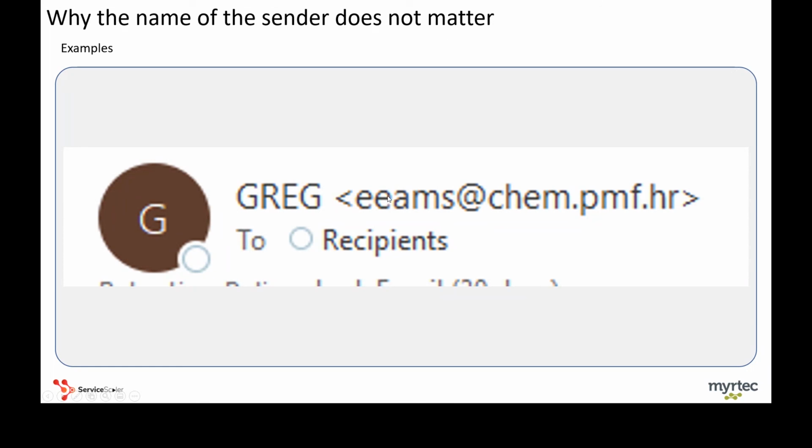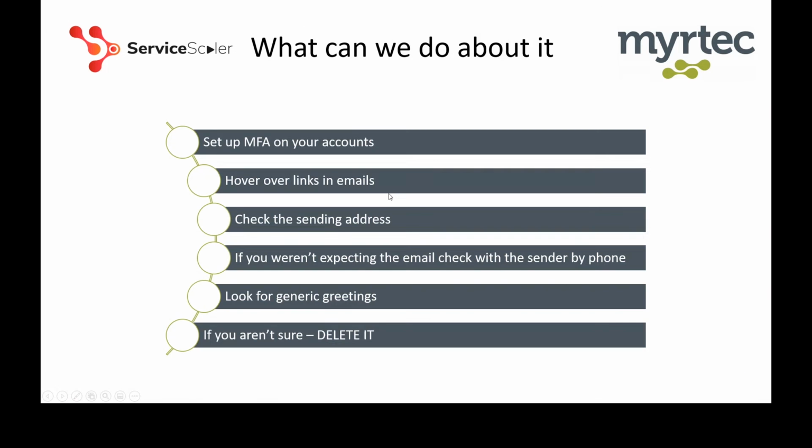Just delete the email. Now, what can we do about spam? So the first, and I think most important point, is set up MFA on any account that you have. If it offers MFA, set it up. Multi-factor authentication is if you log in and you get a text to your phone, or you go through an authenticator app or something like that. It's just another point of authentication during the login process. Which means if someone gets your email address and your password, big deal. They still have to have your phone as well to get into the account. It's still annoying if they have your email address and password, because you can get text messages every 5 minutes, but